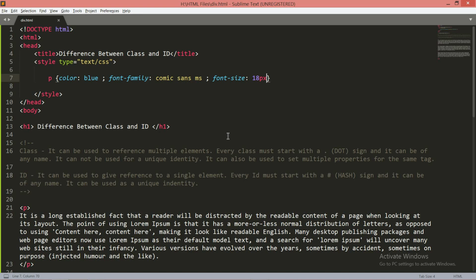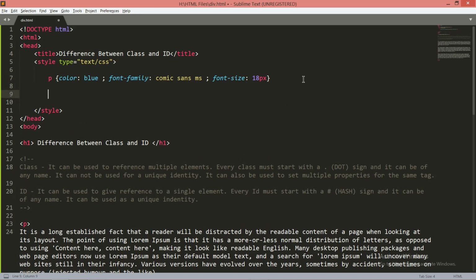Now you can see I just put dot, I am going to make a class now, dot, I say style1. Dot represents the class, and style1 is the name of the class. It can be any name, you can give the name as per your own choice, but remember one thing, you have to put dot first. Don't give a space after the dot. This is invalid. It should be a single word, dot, then the name of the class.